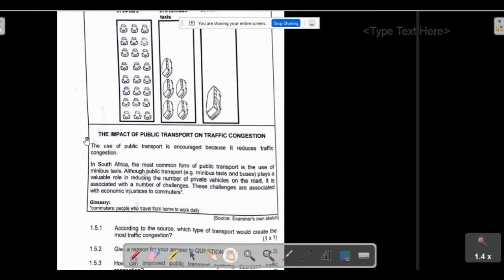Although public transport, which is your minibus taxis and buses, so these are examples, plays a valuable role in reducing the number of private vehicles on the road, it is associated with a number of challenges. These challenges are associated with economic injustices to commuters. Economic injustices to commuters. So that is like being unfair, but in terms of